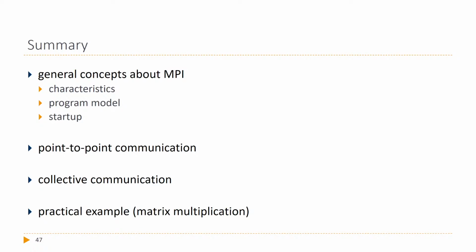We discussed a practical example, which is matrix multiplication, which shows how to actually write an MPI program that should sort of work out of the box as I showed you on the slides. This concludes the lecture so far. Are there any questions from your side besides the ones